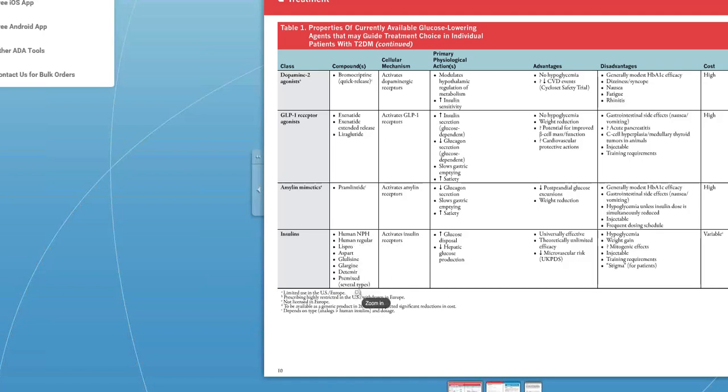Okay, so I do put some people on 75/25, things like that, but usually I'm doing the basal bolus, and sliding scale should be used during periods of acute illness, times when you don't know how much insulin they need. It's like, oh my God, this person is at 300 now, and I don't know what they need, so I'm going to do sliding scale, and then I'm going to have them keep track of it, and then I'm going to find out how much insulin they're using, and then hopefully get them on 2 or 3 units with each meal, or something like that.